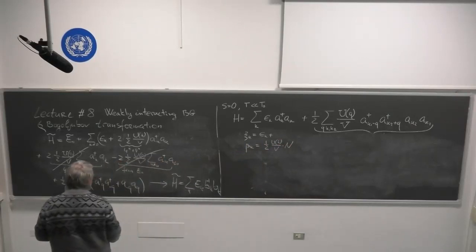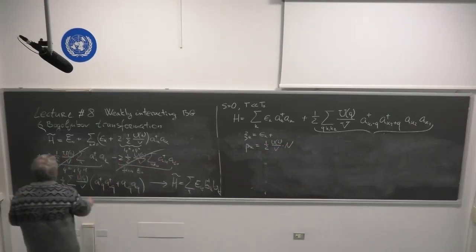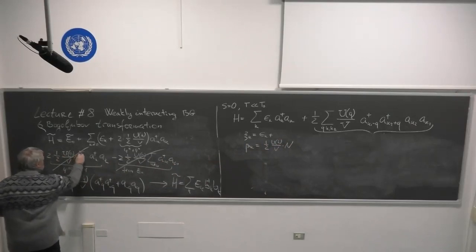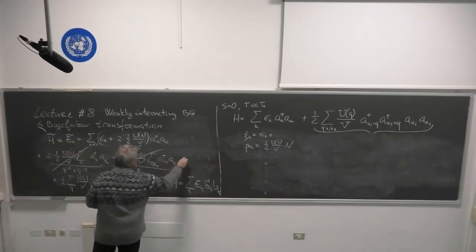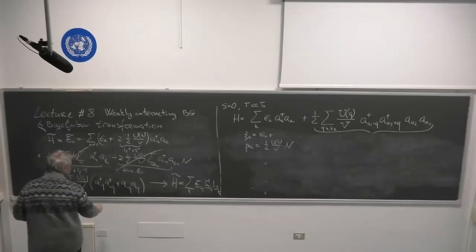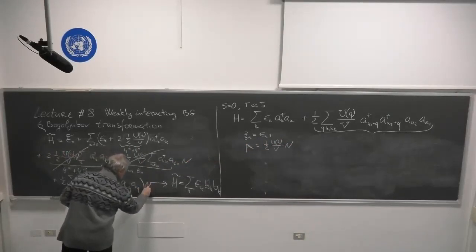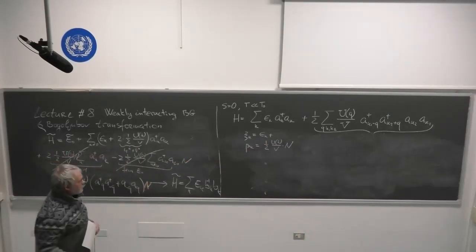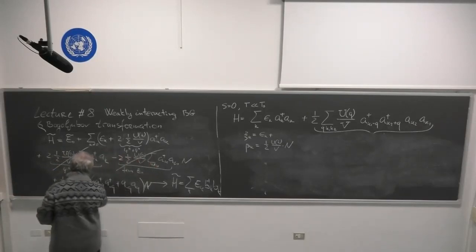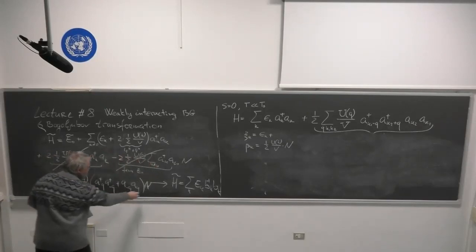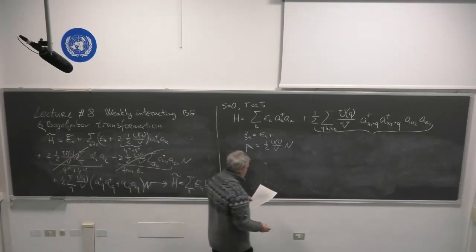Sorry, there should be n somewhere. Of course, why didn't you tell me? So there is n here, there is n here, and there is of course n here. So I will define this quantity 1/2 u over v times n as beta k, and